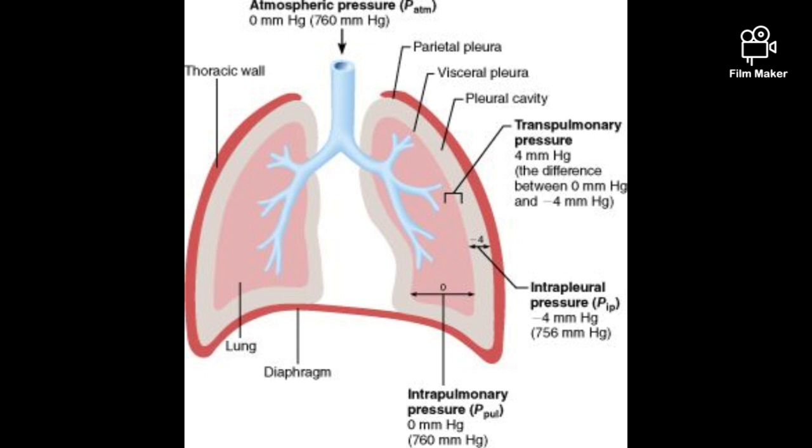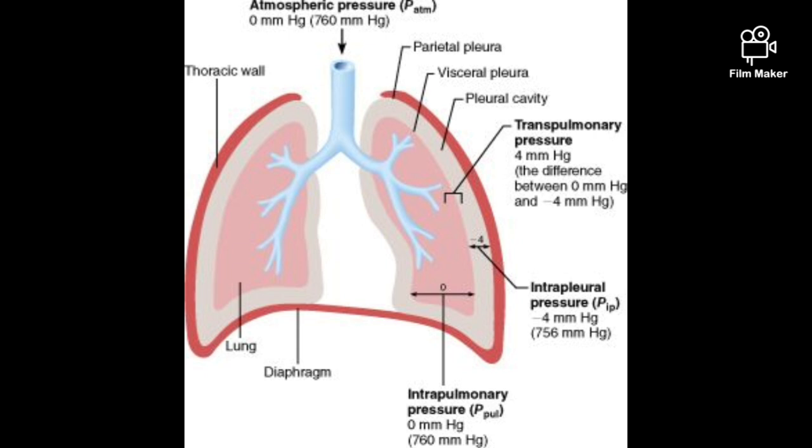The other two pressures of interest here are the intra-alveolar pressure and intrapleural pressure. Intra-alveolar pressure is the pressure within the alveoli, and intrapleural pressure is the pressure between the visceral and the parietal layers of the pleural membrane. So, this difference between the transpulmonary pressure and the intrapleural pressure is the driving force that enables the air to reach the terminal end of the respiratory zone, the alveoli, where the true process of respiration, that is the gaseous